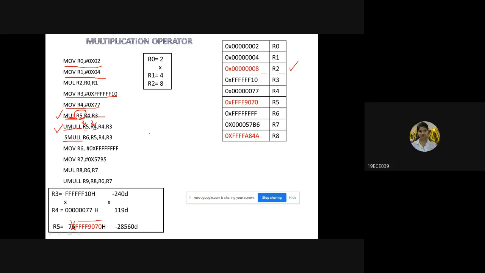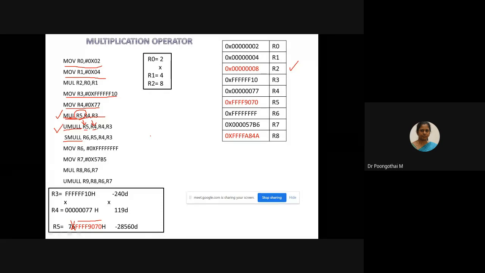Ma'am, R4 will have 4x 9070, while R5 will have 76. R4 holds the upper 32-bit, not lower, sorry, I interchanged it. R4 holds 76 and R5 holds 4x 9070. Is that clear, students? Do you have any doubts in this?